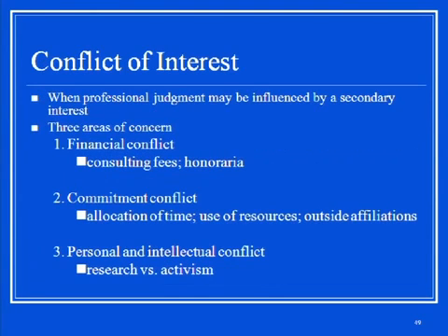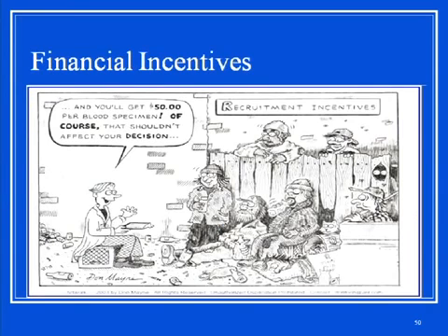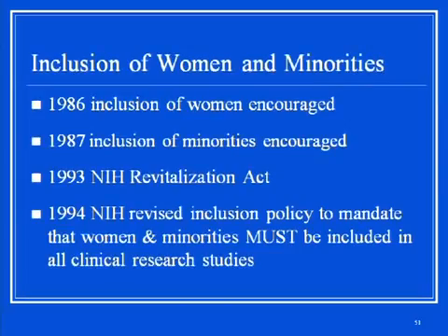I talked a little bit about conflicts of interest already, and this is again talking about that whole incentive piece, right? It says, and you'll get $50 per blood specimen, of course. That shouldn't affect your decision. And he's talking to a population of homeless individuals, so clearly that would, in this particular cartoon.